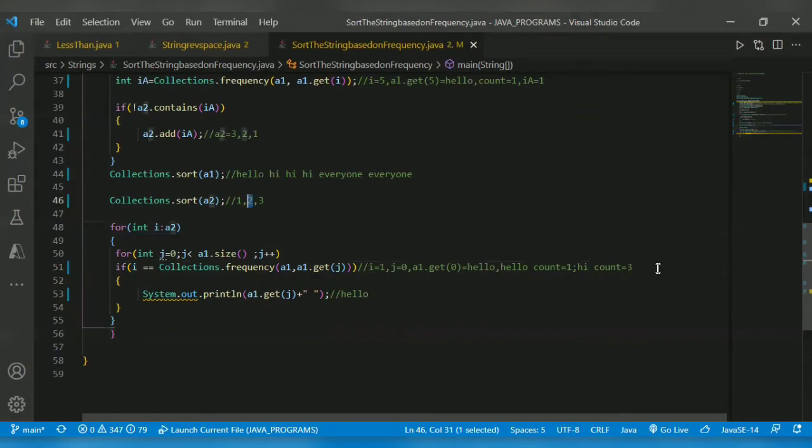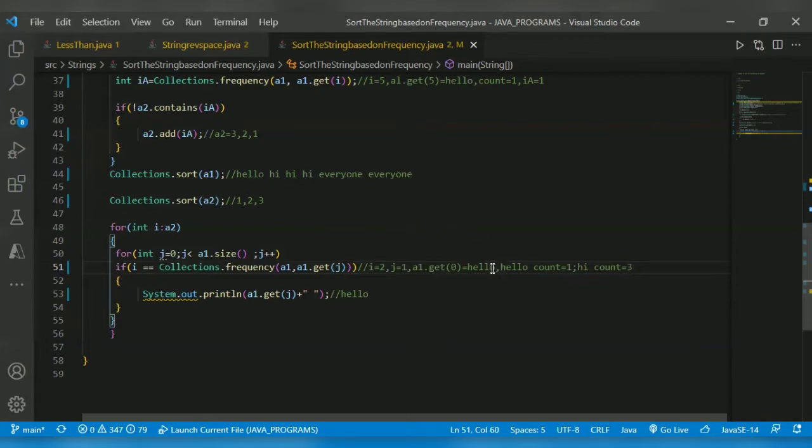Now i equal to 2. AL dot get of 0 is hello. Hello count is 1, so it will not satisfy. So j is equal to 1.